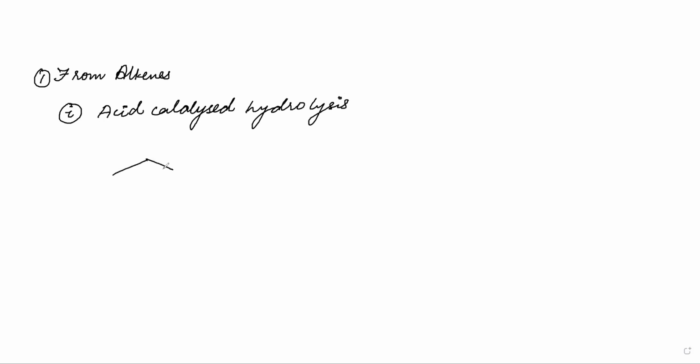We had an alkene and we treated this with water in the presence of acid, and we got an alcohol that had the OH group in the more substituted position. That means the carbon with the lesser number of hydrogen atoms, more substituted and fewer hydrogen atoms. Secondly, we did hydroboration,